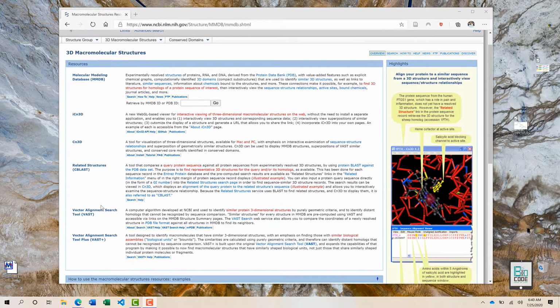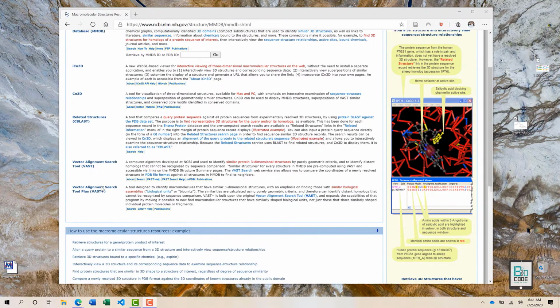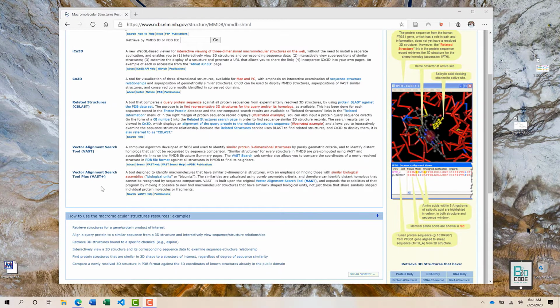One basic difference between MMDB and PDB is that you can utilize CBLAST, which allows you to query a protein sequence against the protein structures available on MMDB. It is a very good thing, because PDB itself does not have its own BLAST, but you can do that on MMDB, considering that both of them have the same data sets.